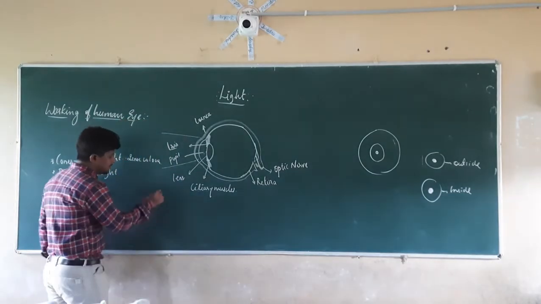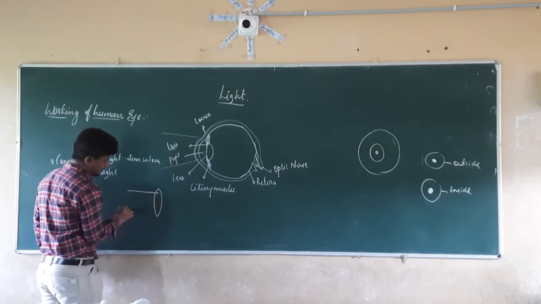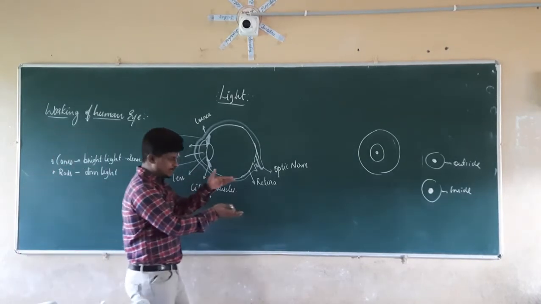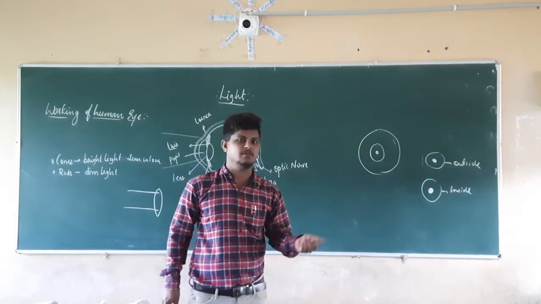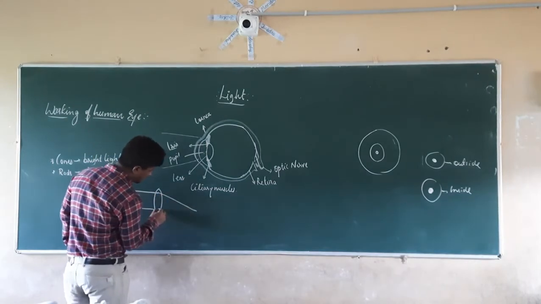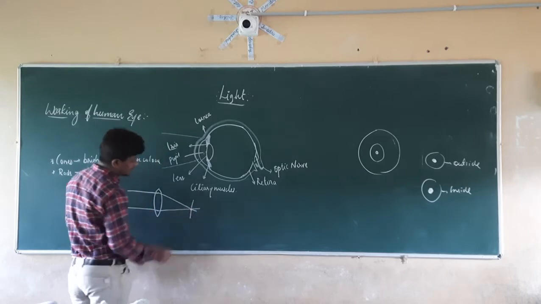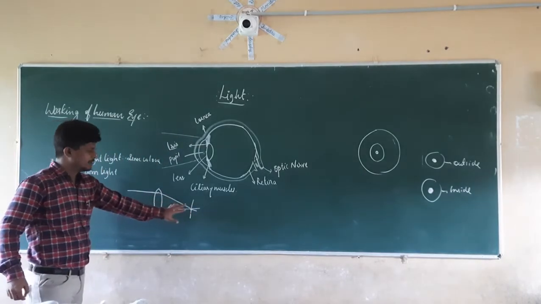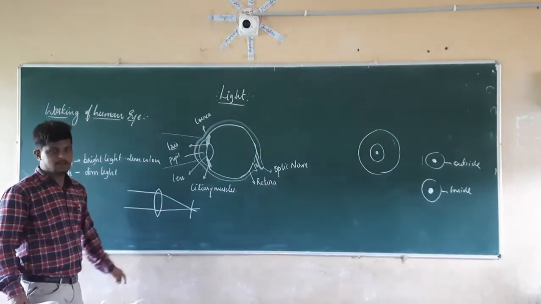If you take the lens out and the light rays come like this, continuously traveling in the same direction, is it possible that we are going to see the formation of the image? No, it is not possible. So for that reason, these light rays are converged by this lens, and there is the formation of the image. See here, they are converging at this point, and because of that, they form the image here.